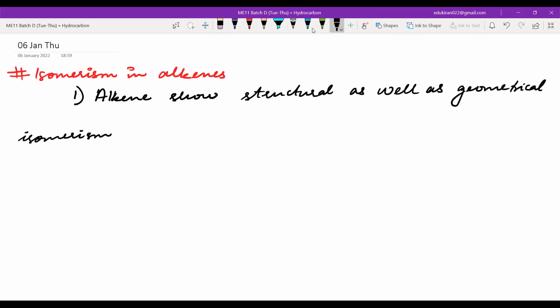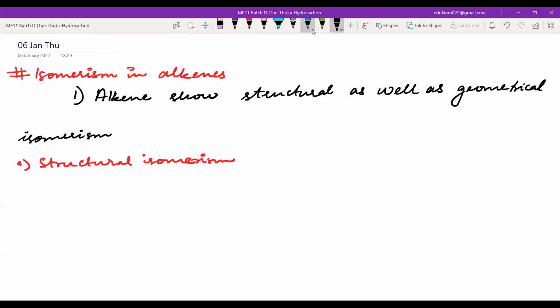We'll first study about the structural isomerism. Number one, A part will be structural isomerism. Now, in the structural isomerism, we can only have structural isomerism from the carbon number 4, that is, if